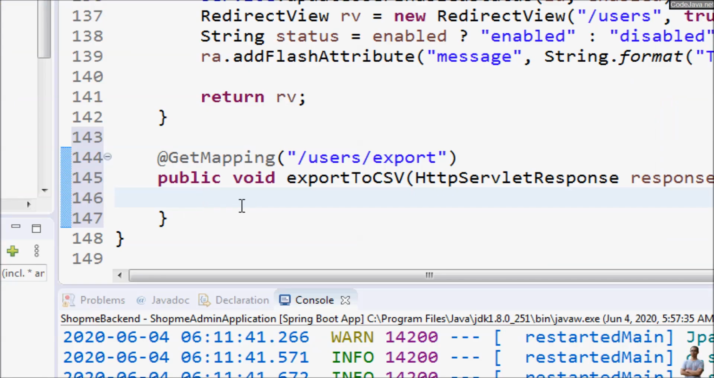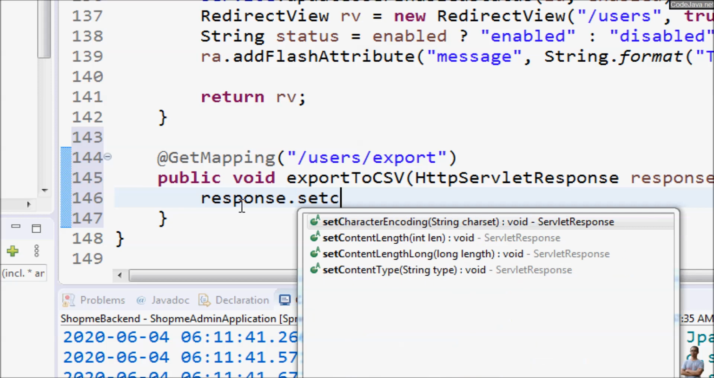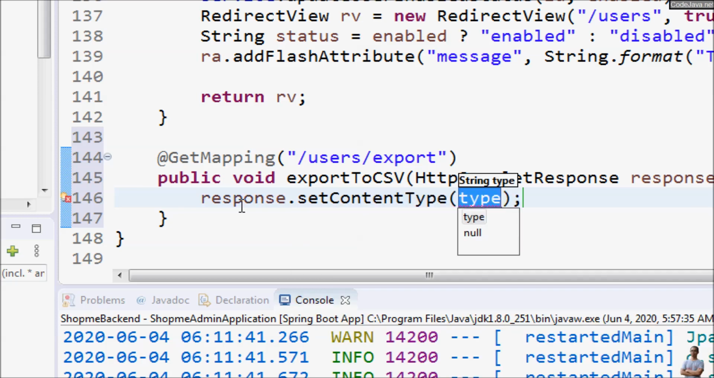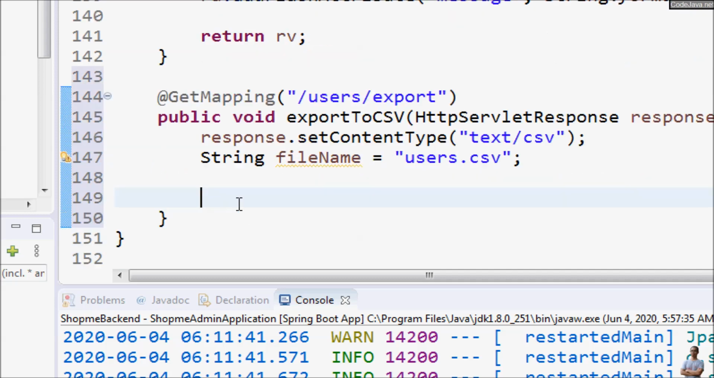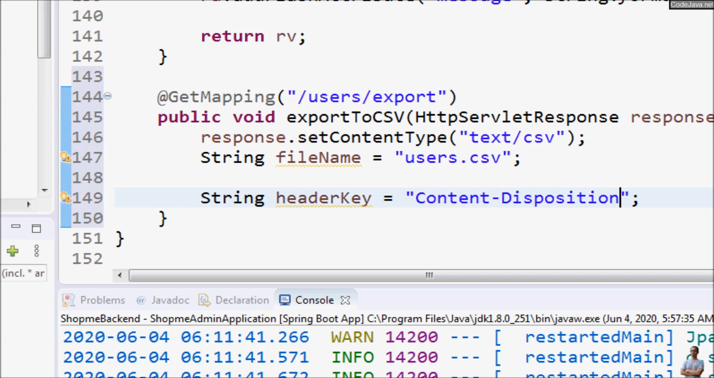First, we need to set the HTTP headers. Response set content type for the response is text/csv, and we declare the file name is users.csv, and we declare header key for download file is Content-Disposition,